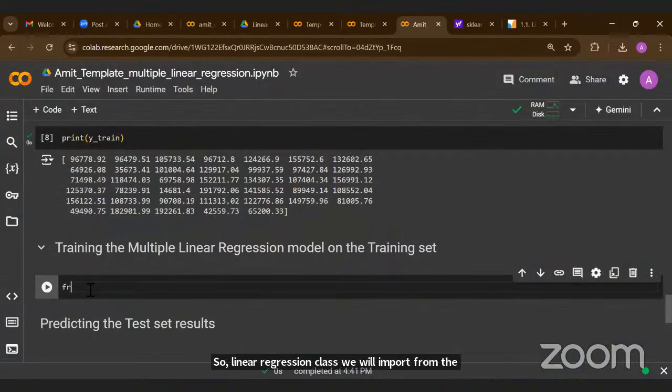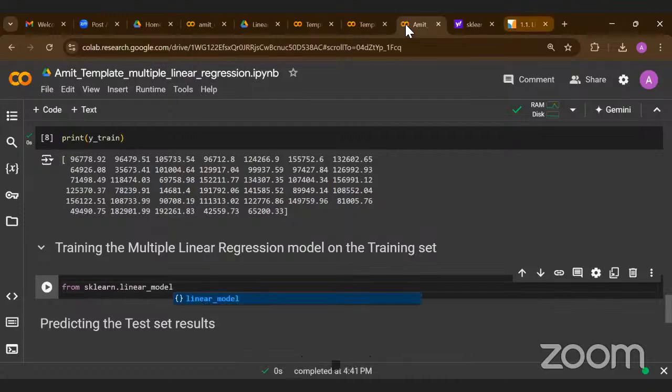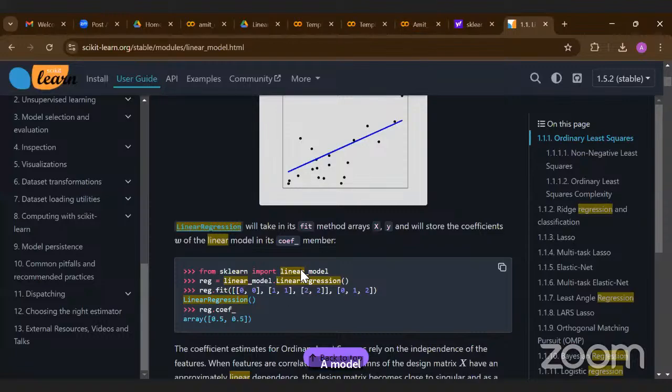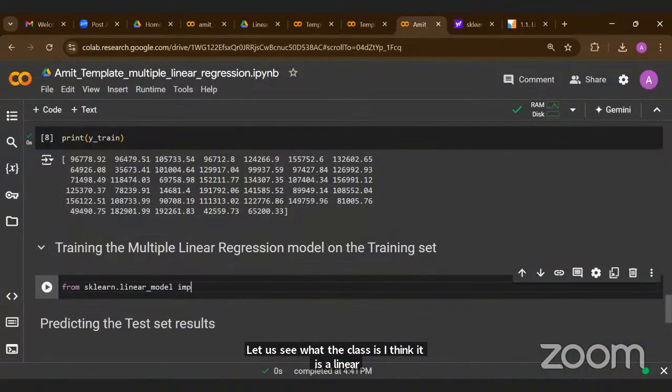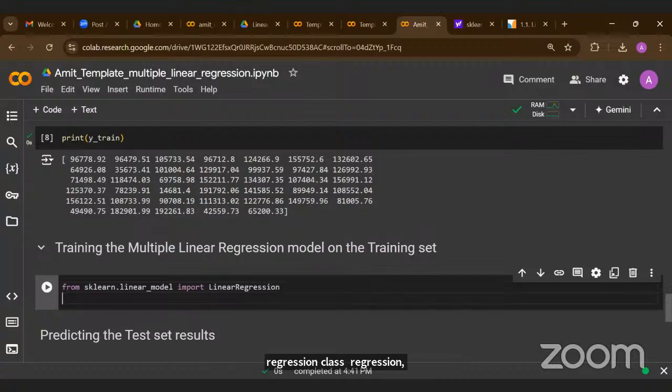We will import from scikit-learn dot linear model. Let's see what the class is. I think it's linear model, and from there we have to import this linear regression class. So import linear regression. Okay, and let's make a regressor, which is